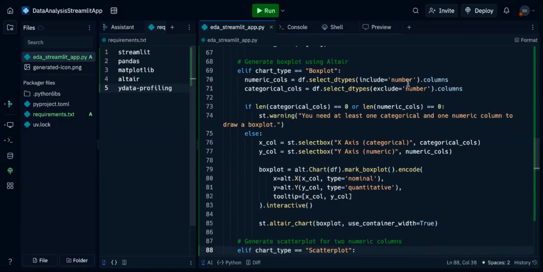It's almost the same. Filters all the numeric columns, filters the categorical columns, confirms we have both types of columns, otherwise displays a warning. The user selects a categorical column and a numeric column. Then we use Altair to create the box plot. Set the categorical column, set the numeric column, tooltip, make it interactive, and then we display the box plot. Now let me go back to the app,